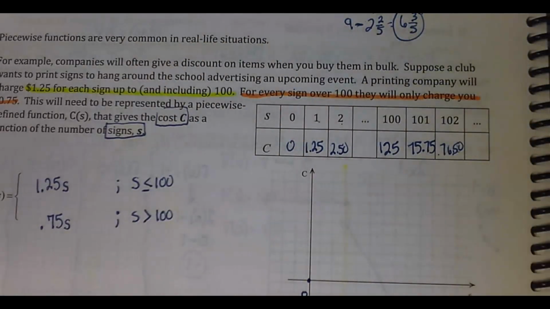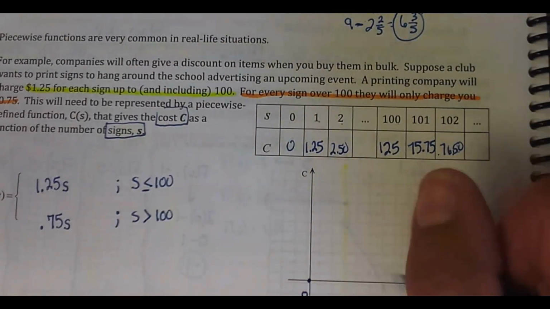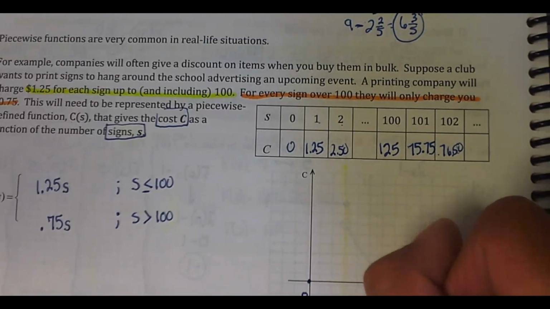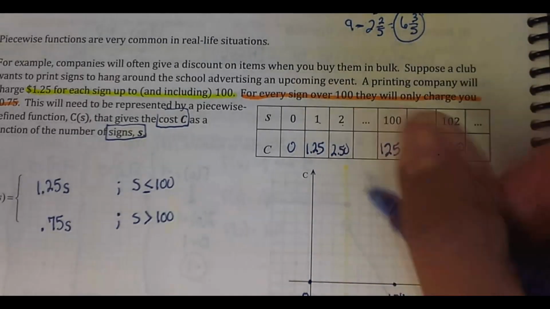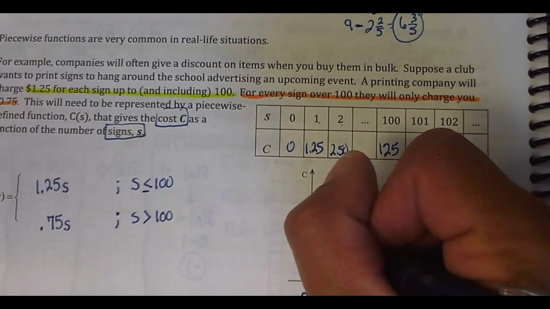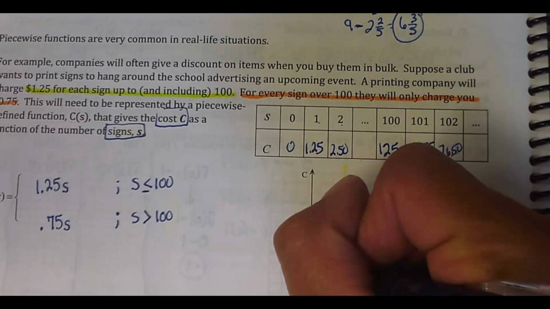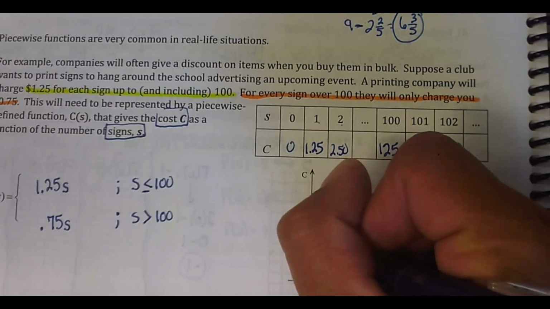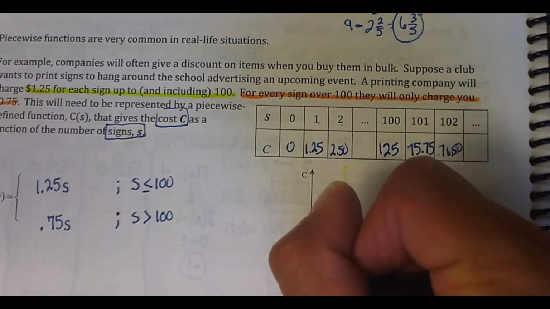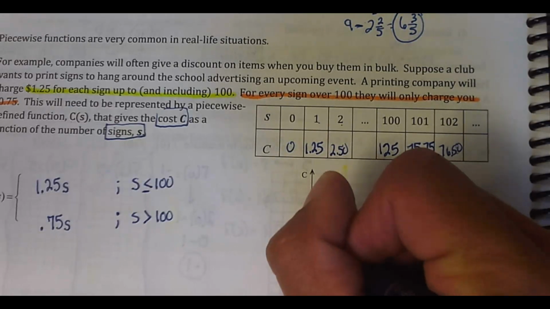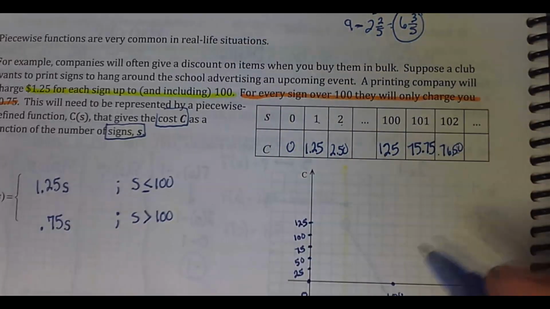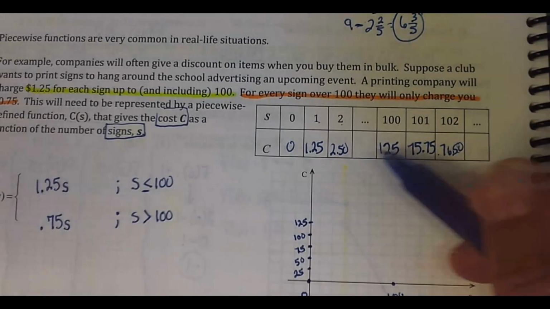So, maybe if we did some key points, here's 0. We could maybe just put like 100 here. And it looks like our prices are going up. So we got to 125. We could do maybe like 25, 50, 75, 100, 125. So from 0 up to 100,